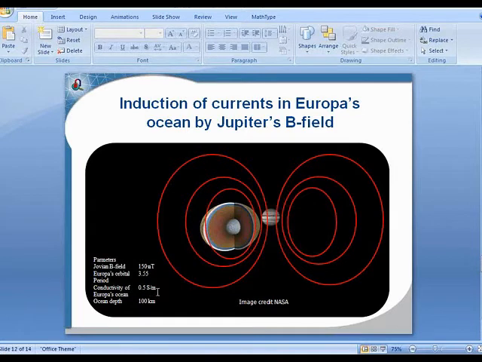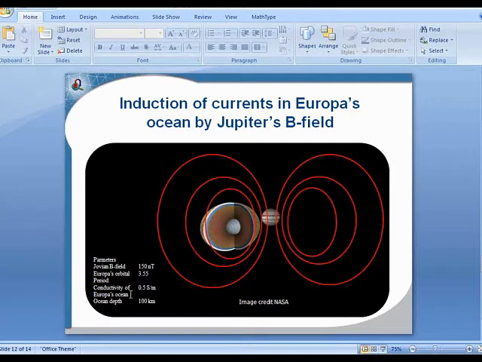Europa's orbital period is roughly 3.55 days, and its distance to Jupiter is changing, so that the Jovian magnetic field is going to have a variational amplitude that we're approximating as 150 nanotesla. And this will induce electrical currents in Europa's ocean, and flyby spacecraft have measured a deviation